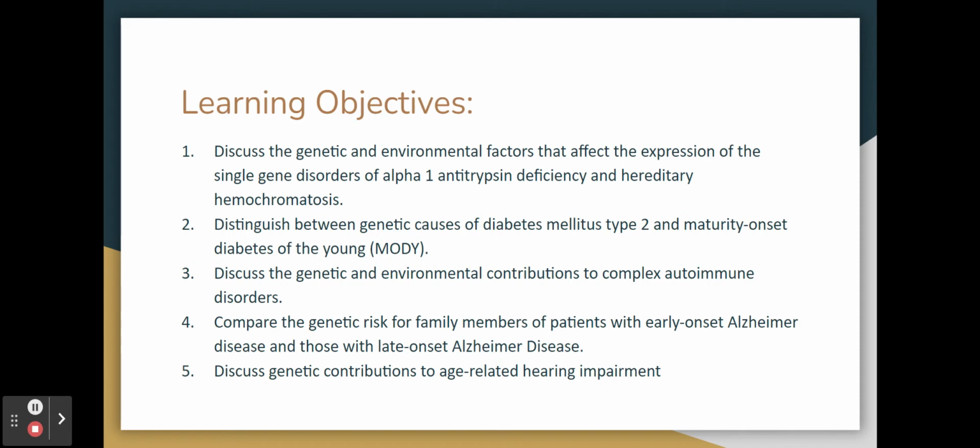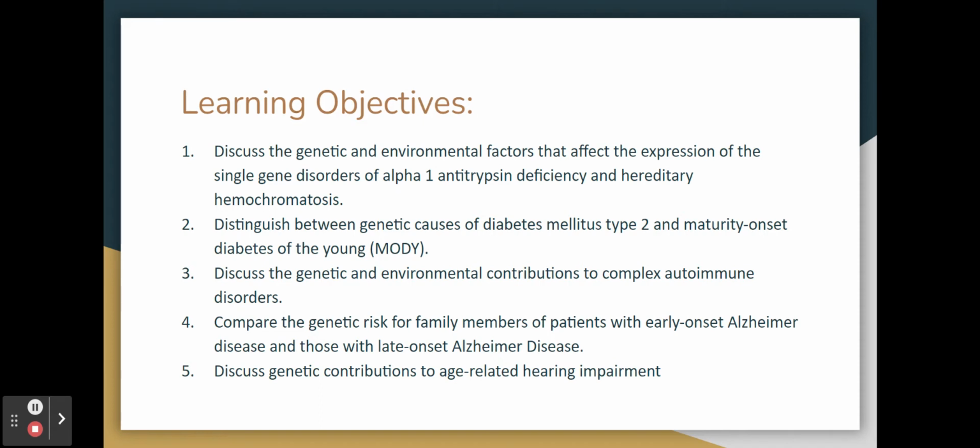So, our learning objectives: we are going to discuss genetic and environmental factors that affect the expression of monogenic or single gene disorders, including alpha-1 antitrypsin deficiency and hereditary hemochromatosis. Then we'll move on to talk about diabetes, a very complex disorder. There are several types. We talked about type 1 in the pediatric lecture. Now we're going to talk about MODY, or maturity onset diabetes of the young, and diabetes mellitus type 2, and